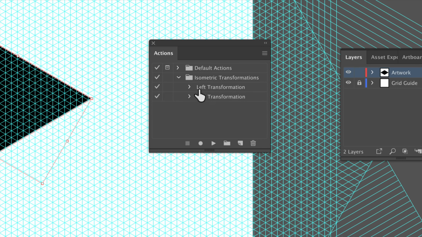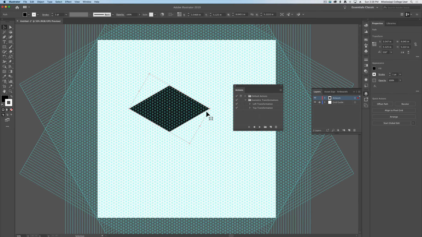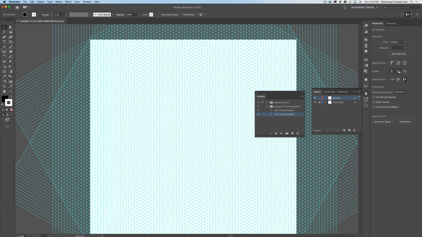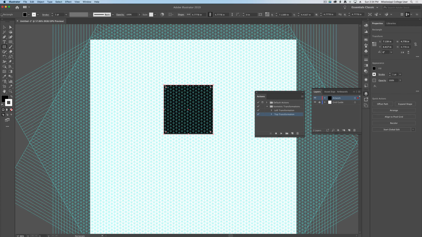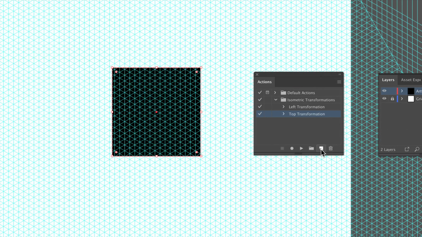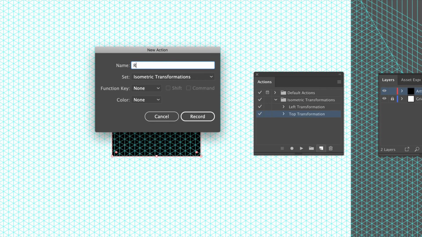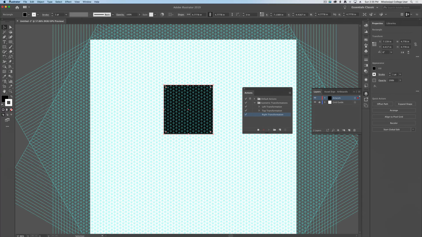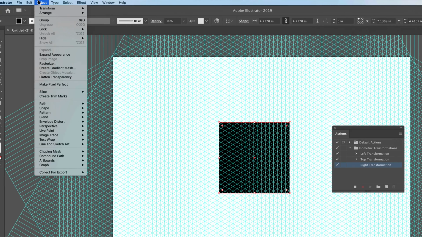The last one we need to do is a right transformation. Again, I'll delete away my little square. Let's grab our rectangle tool again. This time we'll click and drag and draw another perfect square. Return to our Actions panel. Let's create a new action. This time it'll be the right transformation. We'll record. Again, I've got my object already selected, so all I have to do is go to Object,